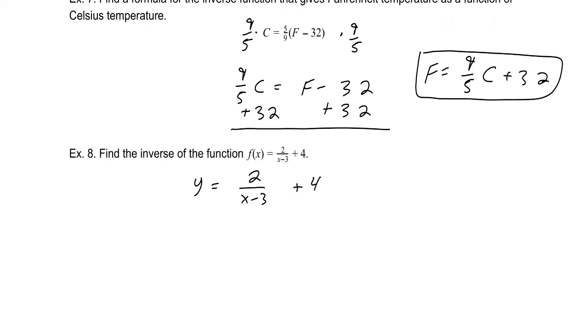I'm going to solve for x here, so I'll subtract 4 from both sides. So y minus 4 equals 2 over x minus 3. Now multiplying by x minus 3 and then dividing by y minus 4,